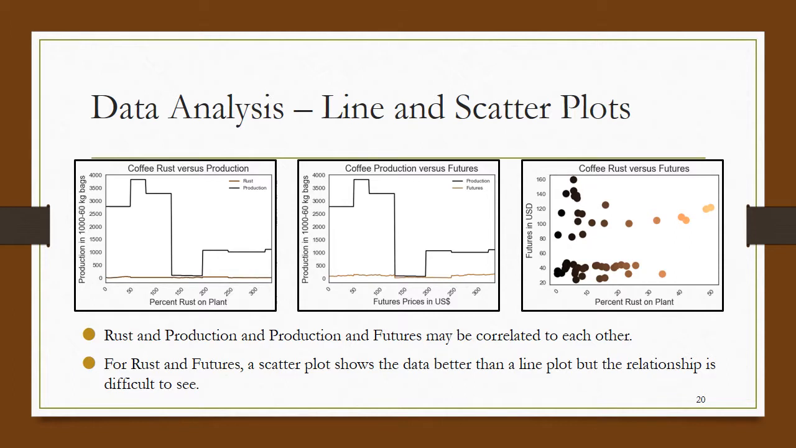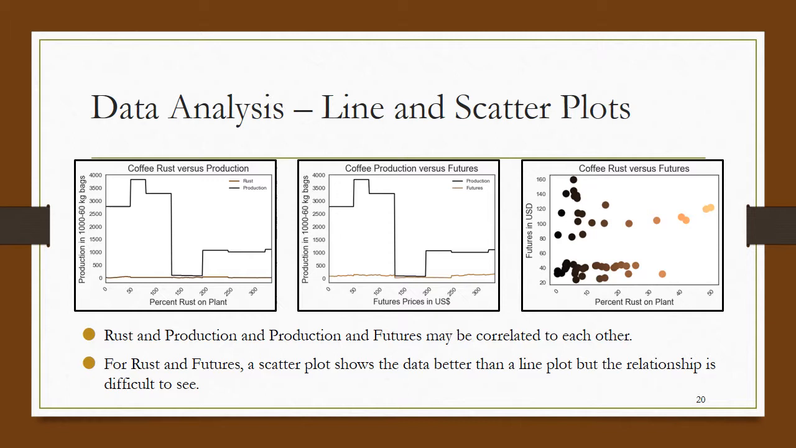Line plots show relationships between the variables. Rain and temperature are not included since the correlation matrix showed they don't impact rust or futures. From the first two line plots, rust in production and rust in futures may be correlated to each other, but